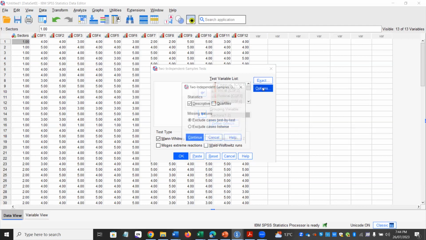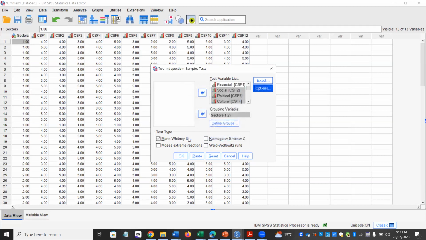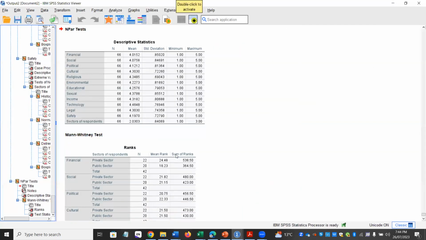So you come here, options, you click on descriptives, and if you want to bring the quartiles, that's also okay. You can decide to, then you leave this one. Then you click OK. So let's see how it will run. Okay, good. So when you look at a Mann-Whitney test,